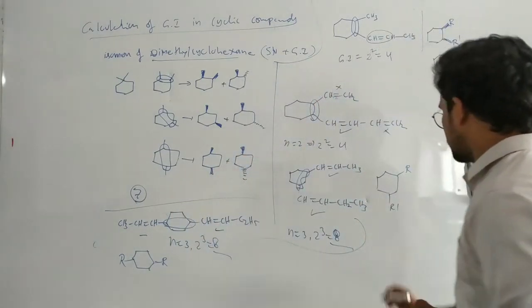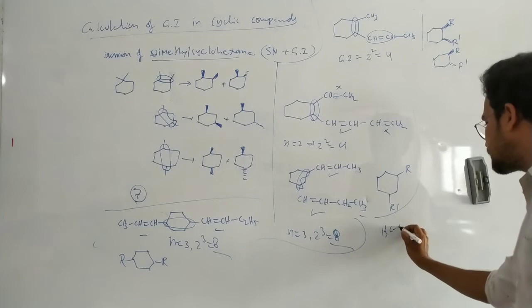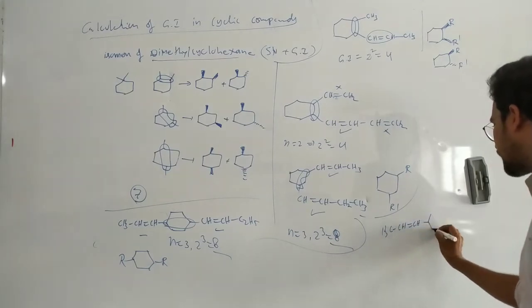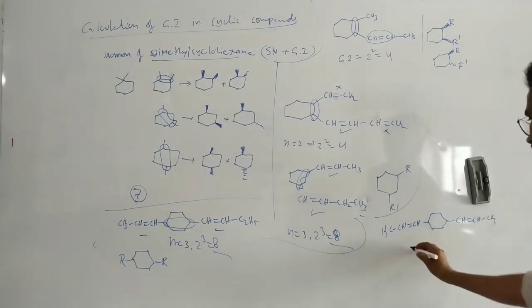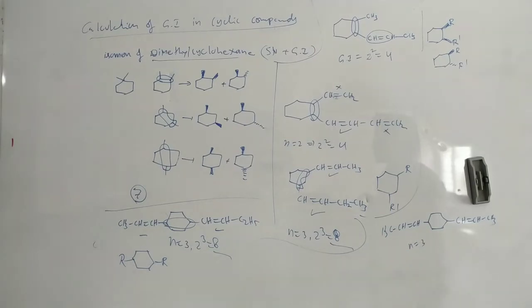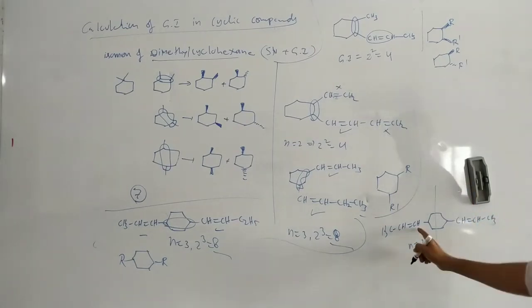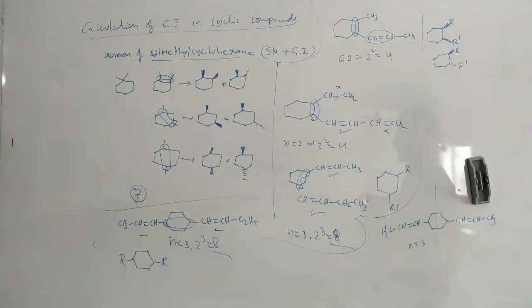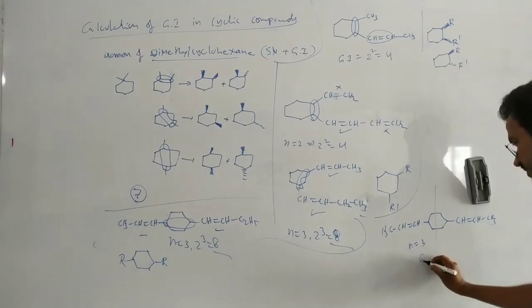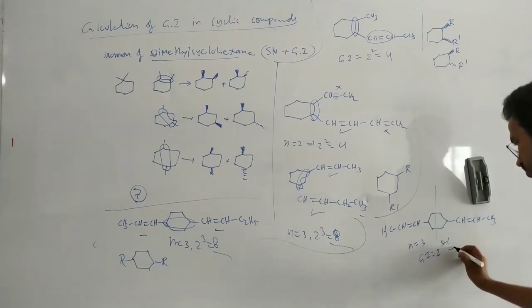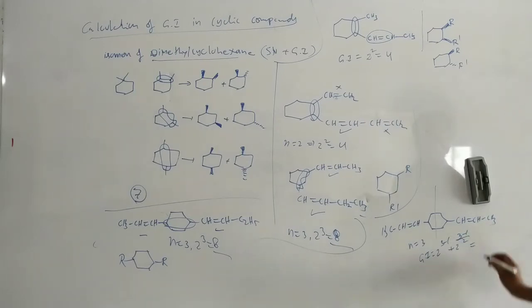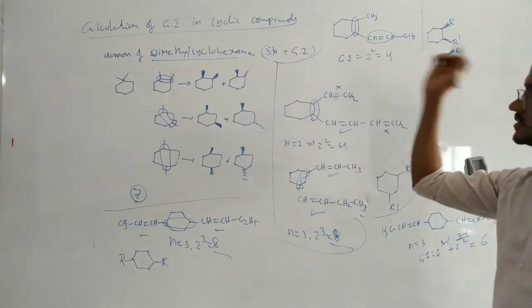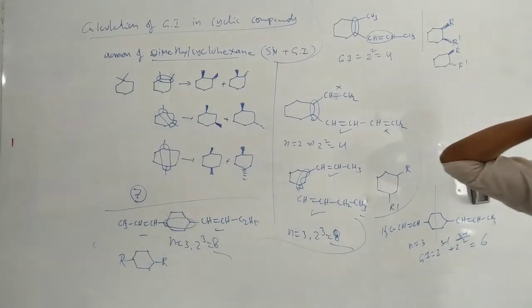Okay, unsymmetrical molecule. For suppose here CH3 CH double bond CH, CH double bond CH, bond CH3. Here n equals 3. But the molecule is a symmetric molecule. Here on both sides same, it can be cut into equal halves. So n equals 3. So we have to use the formula that is 2 power of 3 minus 1 plus 2 power of (3 minus 1) by 2. That means 6 isomers. Okay, for this one 6, for this one 8 isomers. Okay, that's it. So write down this one.